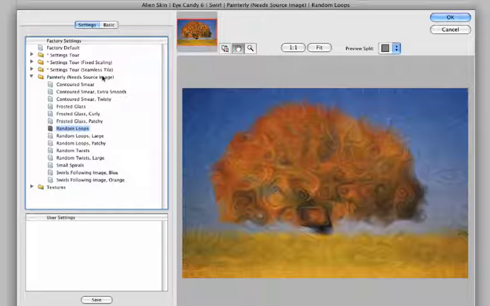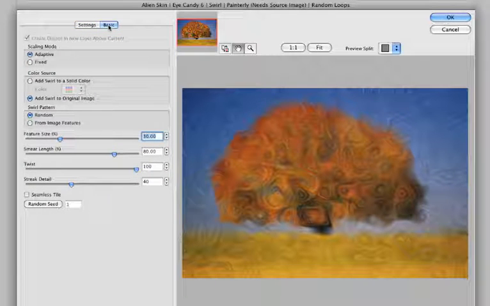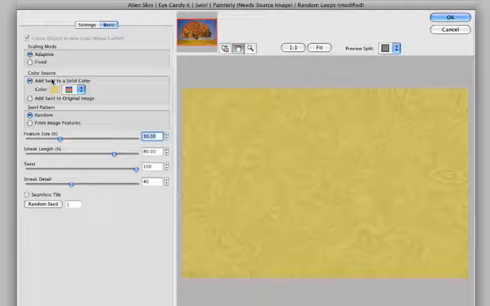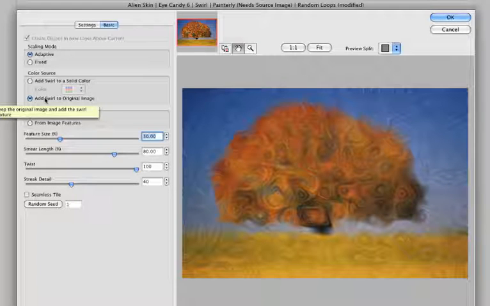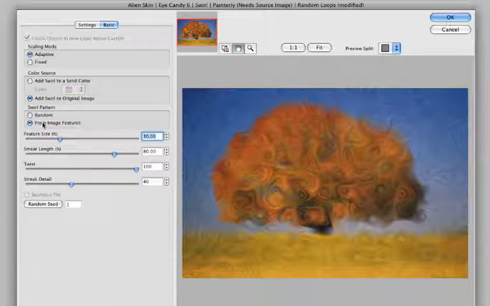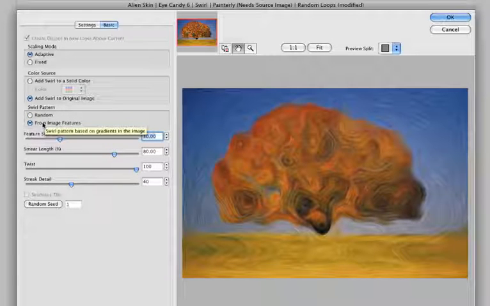And if you want to customize your effect, go over to the Basic tab and you can change any one of these controls to do that. Let me show you this option called Color Source that switches the swirl filter between creating a texture versus applying a painterly effect to the image. And now I'm going to change the swirl pattern to this option here that says From Image Features. This makes the swirl patterns follow the edges of the image as much as possible,